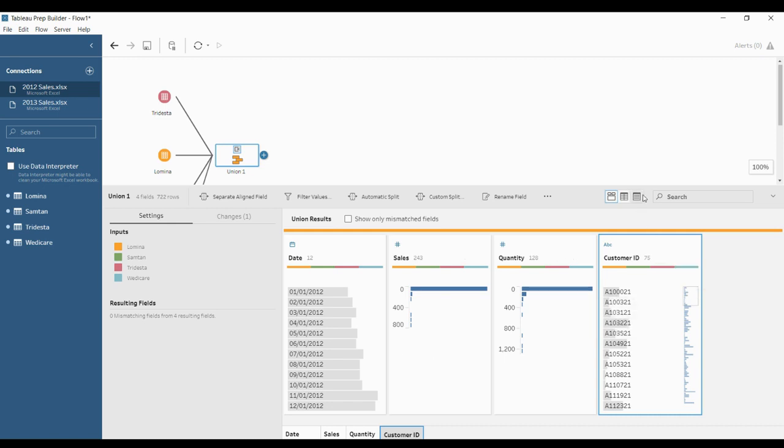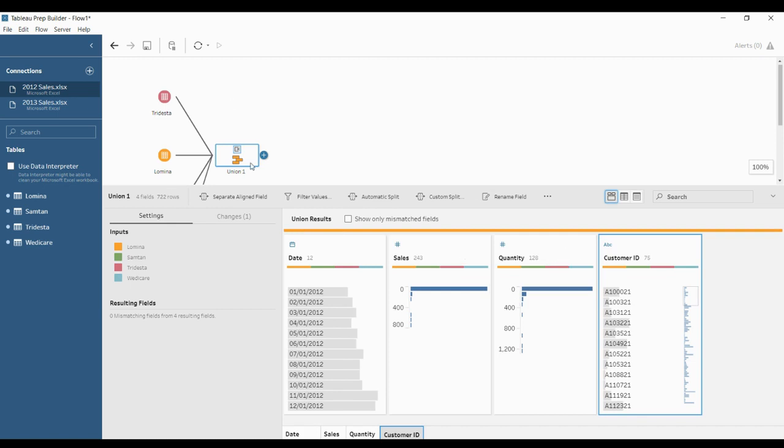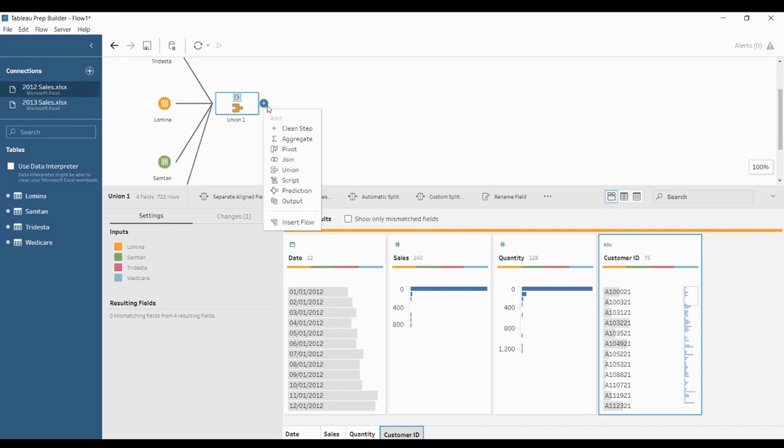If you want to make any other changes, you can find them here. If you want to change the data type, or change the name of a column, then you can rename it. That is fine here. Or if you want to simply proceed with the final step, that is the output step, you can go ahead. Or if you want to add some more steps into it, like a cleaning step.